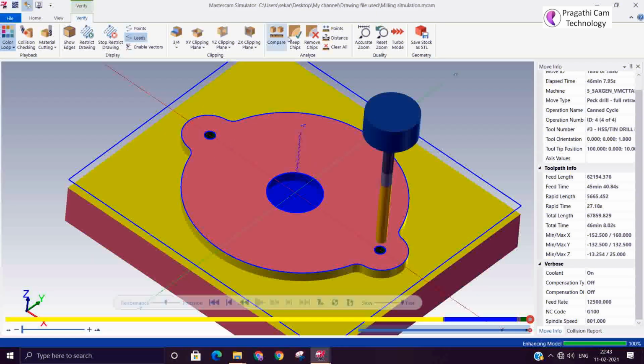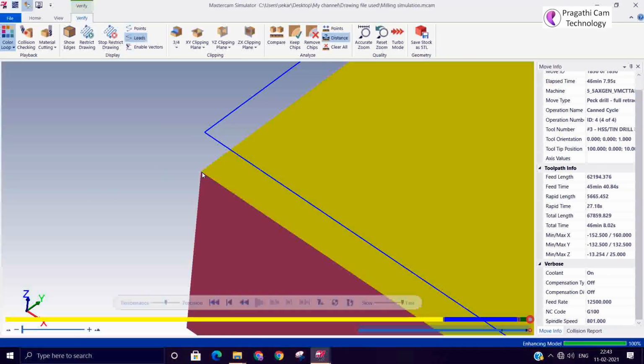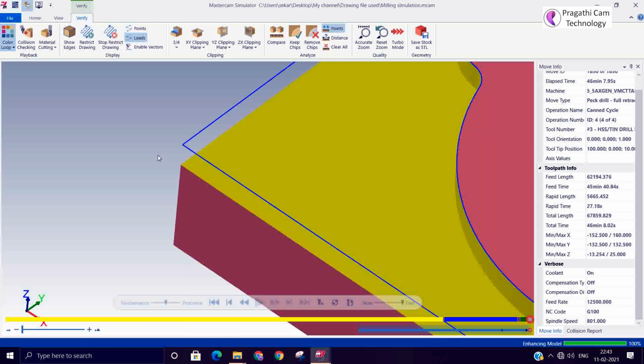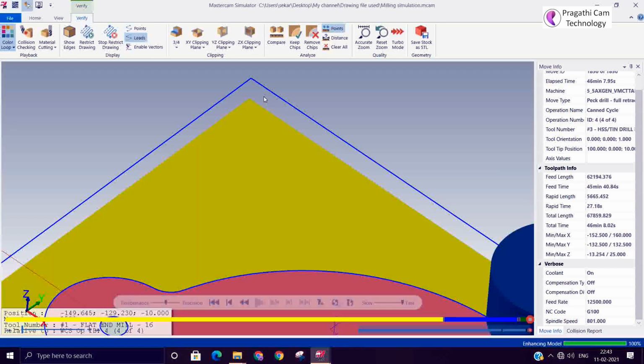If you are able to pick the points, you will get the exact values. It's a little difficult to pick the point and analyze the distance.